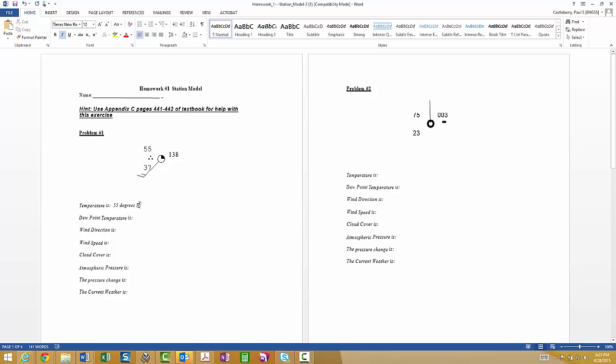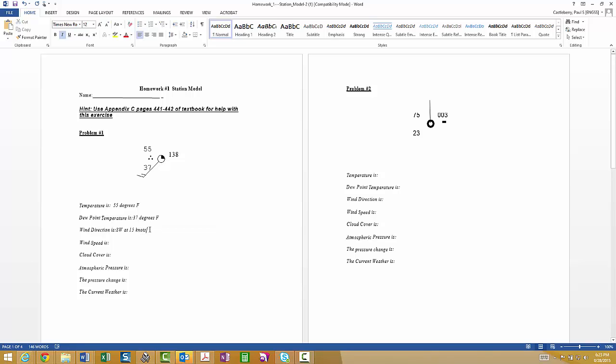So for temperature, it's degrees Fahrenheit. Dew point temperature is 37 degrees Fahrenheit. Wind direction for this one is southwest at 15 knots. Again, please be sure to include your units, such as degrees Fahrenheit, knots.